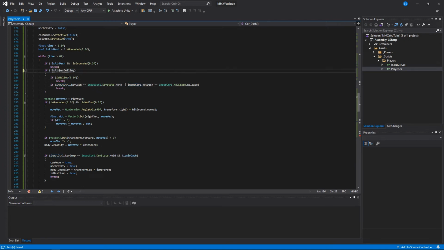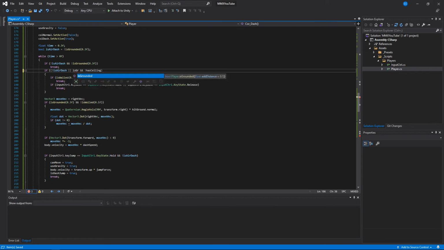Actually, if not is air dash, because if it is an air dash, actually you could potentially enter an air dash and then get onto the ground. And also this needs to be a not has ceiling. Yeah, if not, then air dash